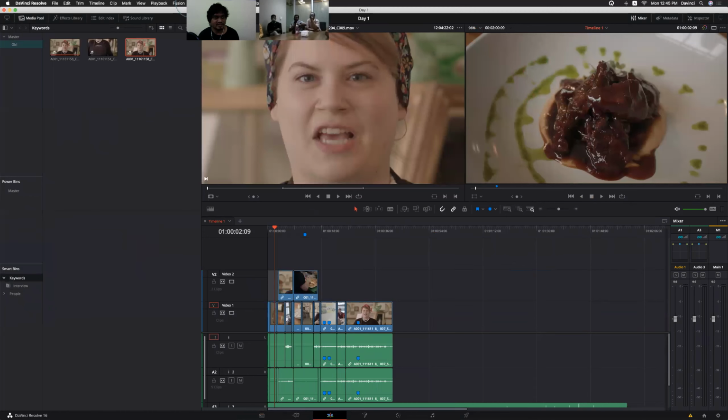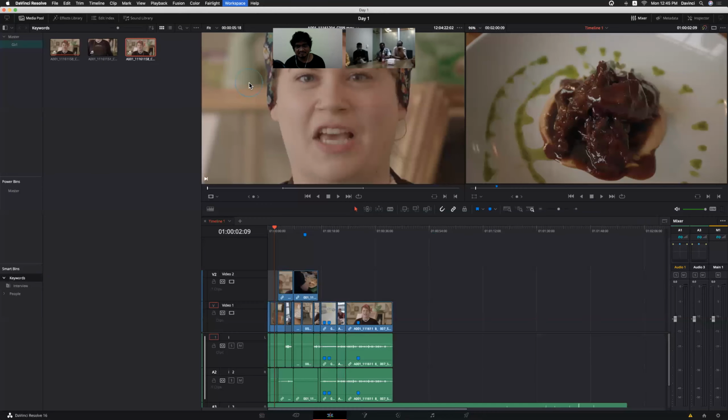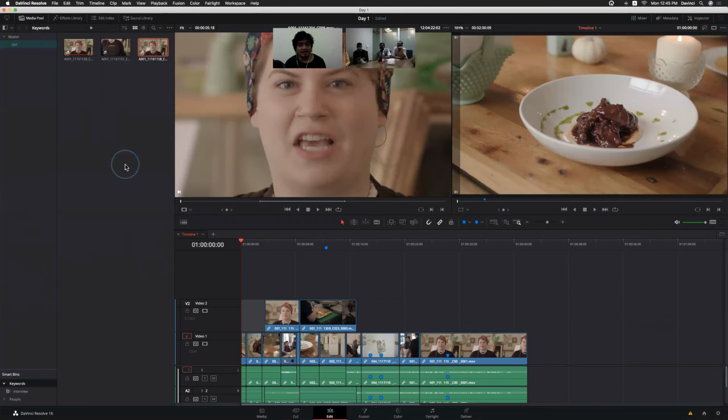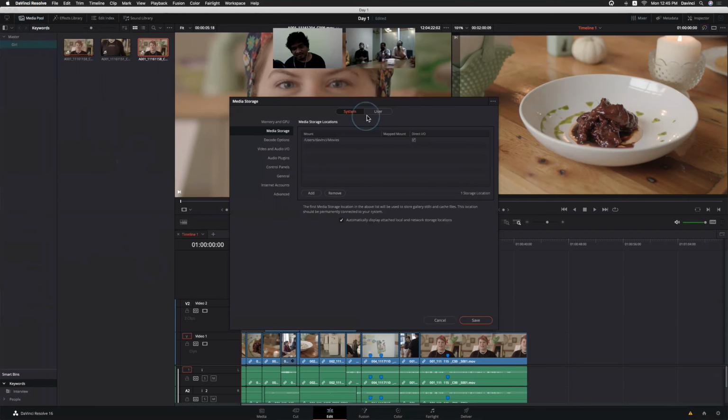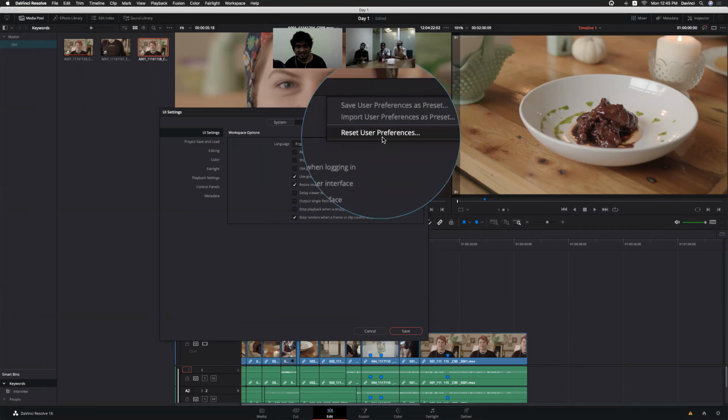If you want to reset the interface, go to Workspace, Reset. Or if you want to reset your entire DaVinci Resolve to default settings, maybe if you have changed some options, go to DaVinci Resolve preferences, for the system or the user, and reset user preferences.